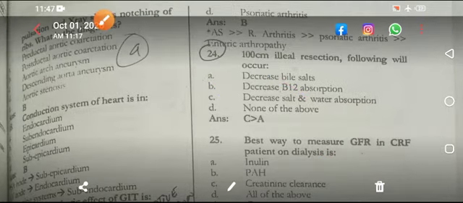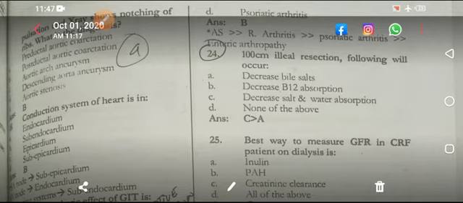100 centimeter ileal resection following will occur, तो या तो इसके स्टेम में गड़बड़ है, या इसमें except है, या पता नहीं इसमें क्या है, क्योंकि सारे ऑप्शन आ सकते हैं। लेकिन किसी ने फेसबुक ग्रुप में शेयर की थी, उन्होंने MCQs काफ़ी पेस्ट की थी USMLE के ग्रुप में। तो उसमें आंसर था increase water and salt content of the stool। और उसमें स्टियोटोरिया का रीज़न दिया था कि फैट्स एब्जॉर्ब नहीं होते, तो साल्ट एंड वाटर एब्जॉर्ब नहीं होते, तो वो स्टियोटोरिया हो जाता है और वाटर कंटेंट बढ़ जाती है। इतना मुझे याद है कि ileal resection में आपका increase salt and water content of the stool या decrease salt and water absorption होती है।